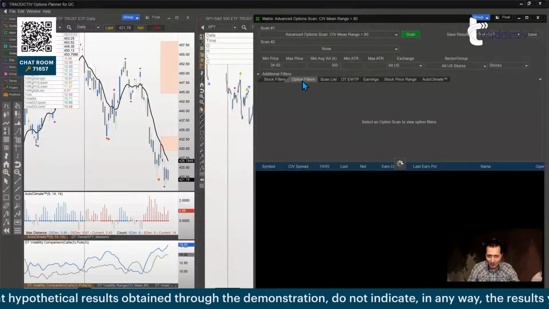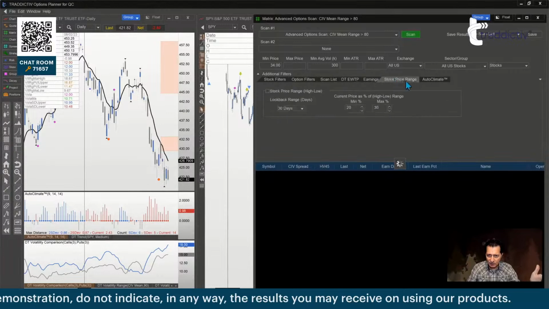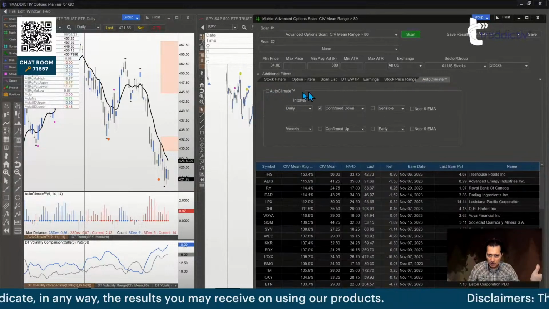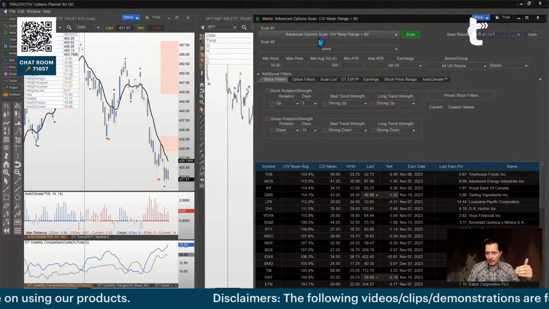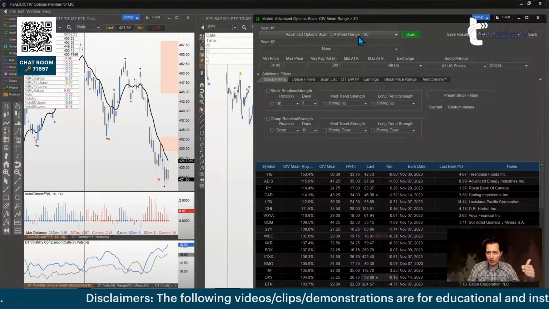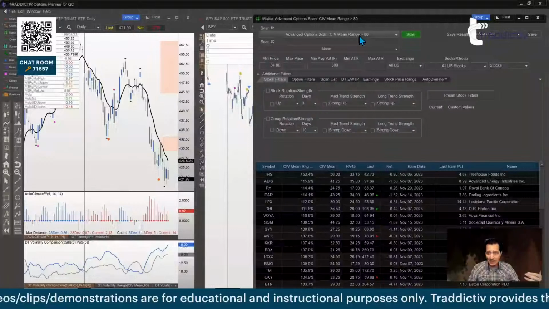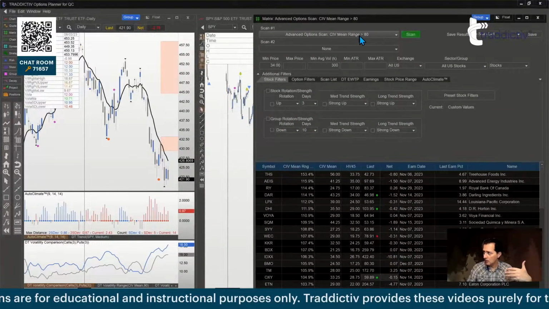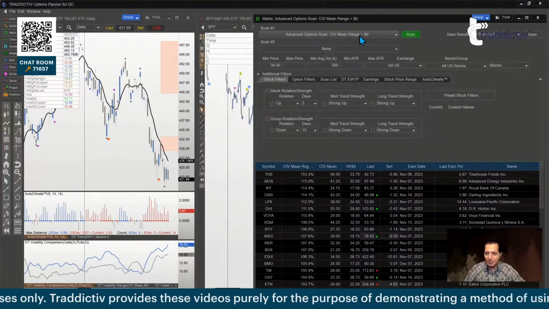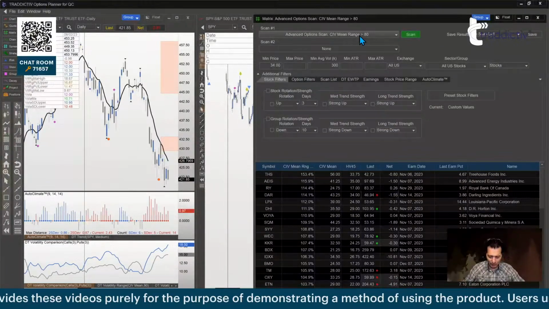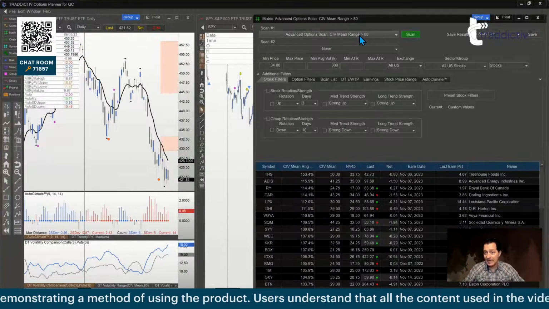For example, if I select greater than 80, okay, and I don't even know what else I have here, so let me uncheck everything just in case. Okay, everything unchecked. We'll talk about the filters in the bottom part. So the selection I did here, scan one, options with the CIV mean greater than 80, if I was to use just easy words from the English dictionary, words from non-traders, basically you would be thinking expensive options.